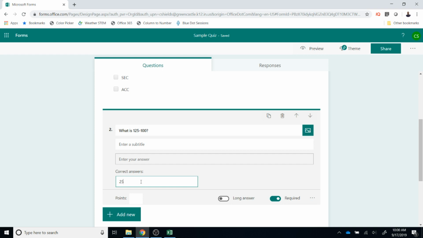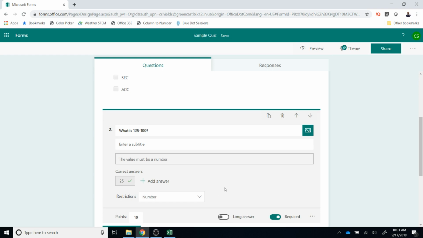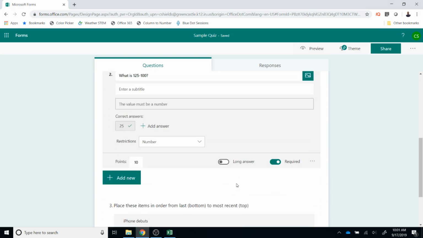But be aware, if someone typed in 25 manually as opposed to the number, it would not accept that as a possible answer. So I can assign a point value for this question as well. In order to avoid the problem of having someone type in 25 manually by typing that out as opposed to putting the number in, you can click the three dots, select restrictions, and you can restrict it to a number. So now respondents can only answer in number format and only the answer 25 as keyed in on the screen